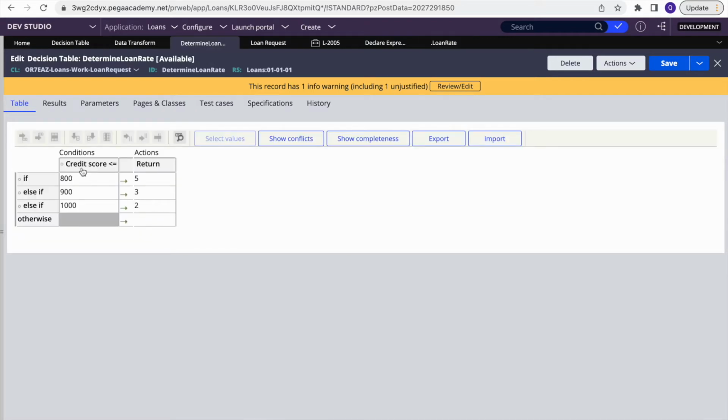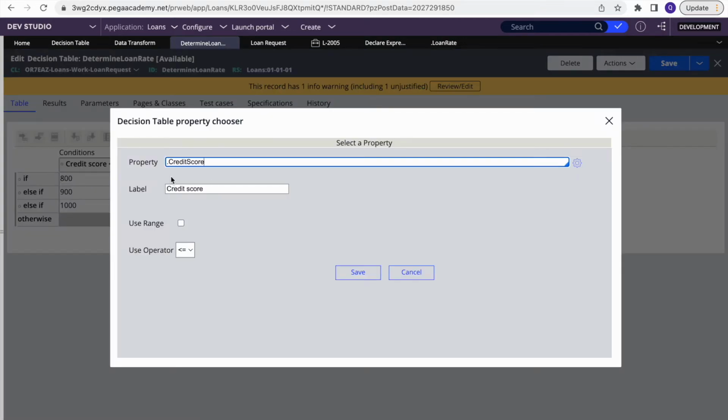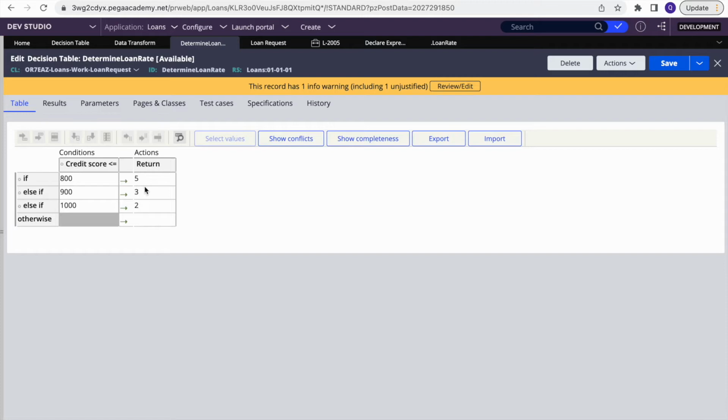Basically, here I have given the credit score as the column header, so it will calculate based on credit score. And then I have given the operator as well, with what kind of operator I have to compare. So with this it will compare, and then it will return the value. If it is 800 or less than 800, it will return 5. If it is 900 or less than 900, it will return 3, or if it is a thousand, then